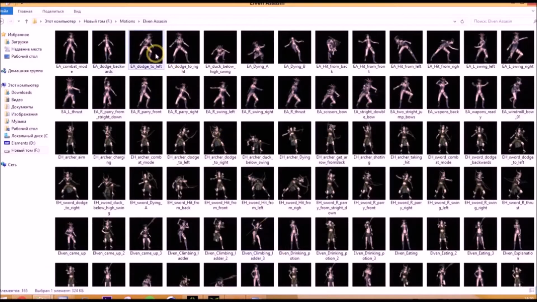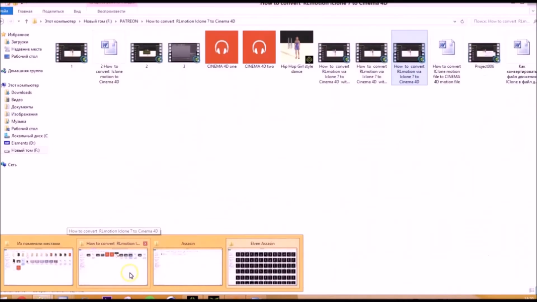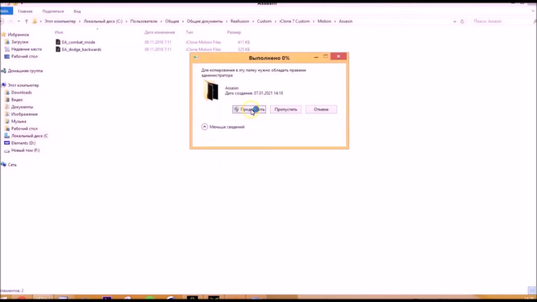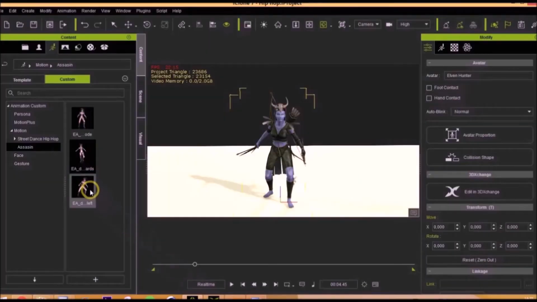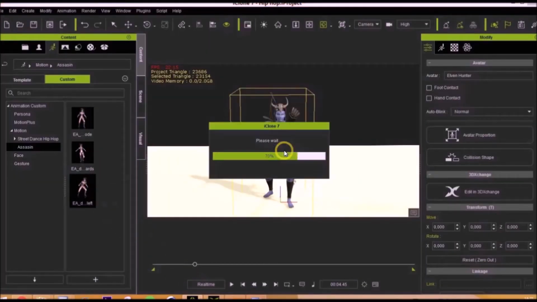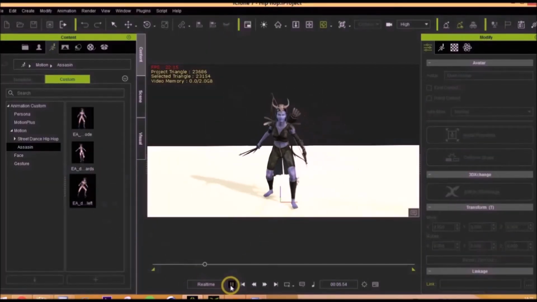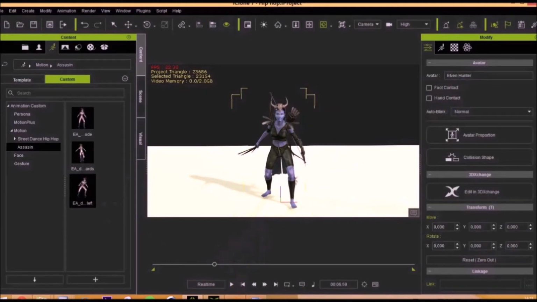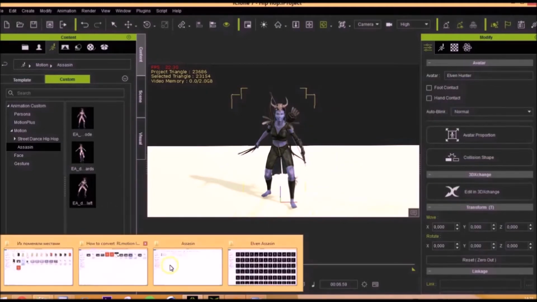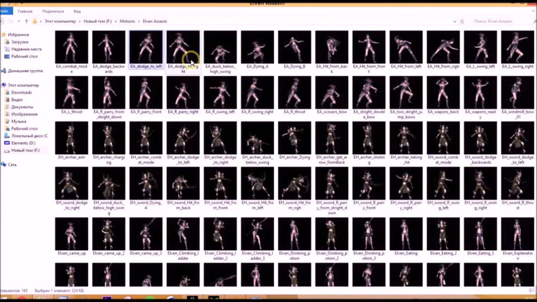First, let's remove the ladder in the scene. It's superfluous here now. Now let's add the next movement to the checker, finding it in our movements folder. Copy the movement file and paste it into the Assassin folder.